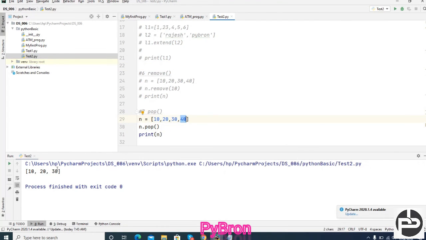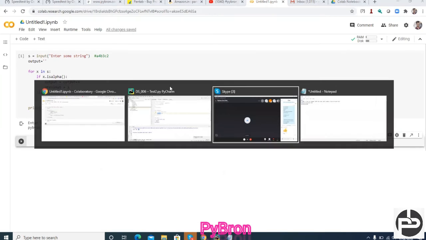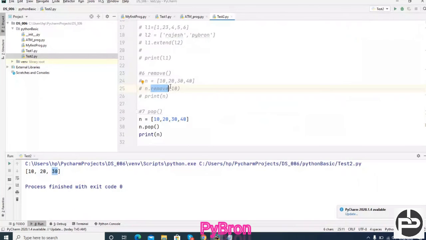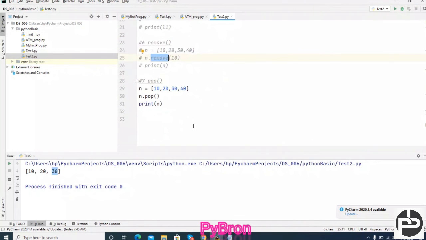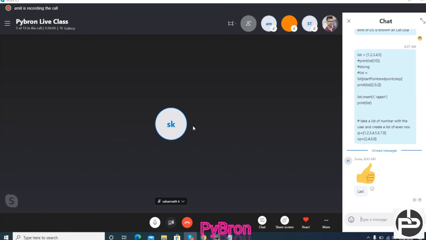Last element got removed. But in case of remove, whatever element you want to remove, you can remove it happily. Correct? So this is also one of the interview questions: what is the difference between remove and pop? Please do the practice.